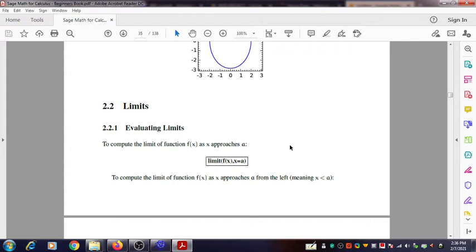We are going to see how Sagemath can be used to find the limit of functions. You know, at a point,